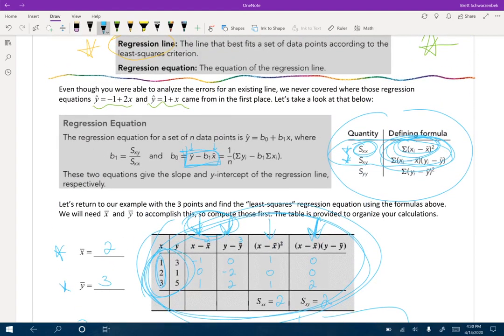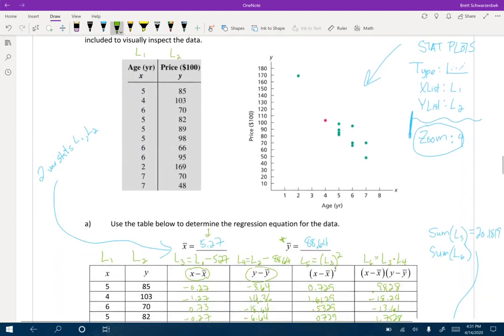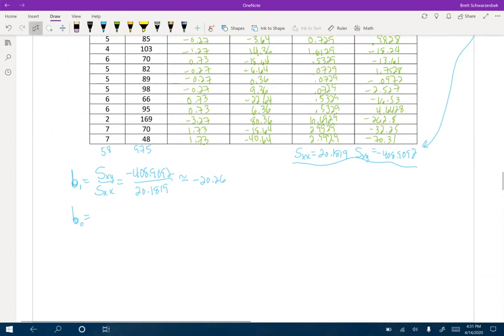So since it doesn't matter, I might as well use this formula now, just so that you get experience with it, and you can be flexible in going either way when actually calculating it. So I'm just going to rewrite that formula down here. It's going to be 1 over n times the sum of y minus the slope times the sum of